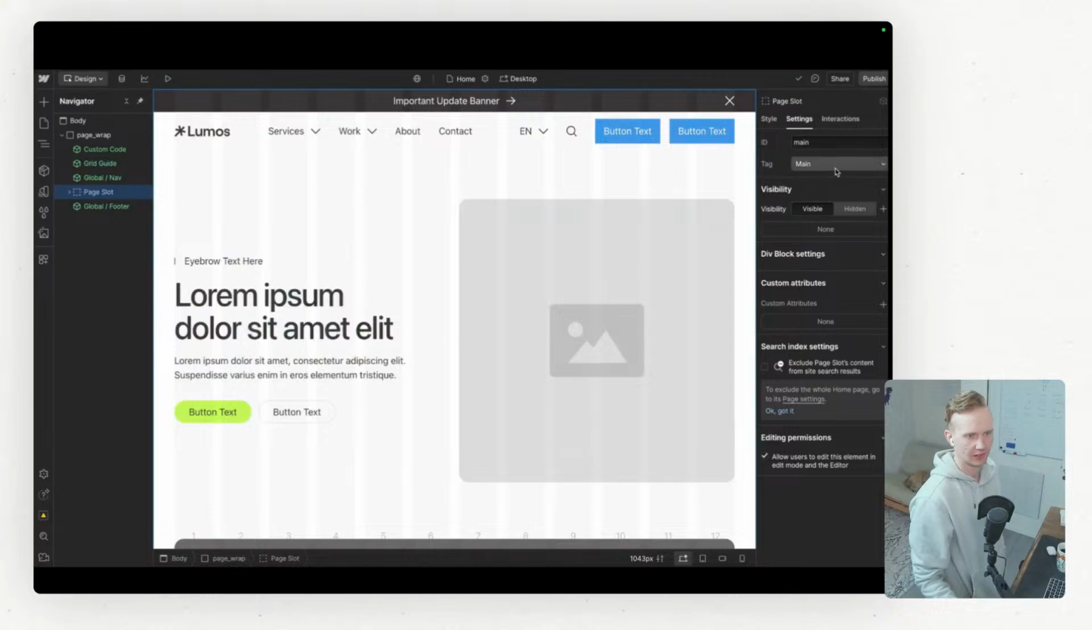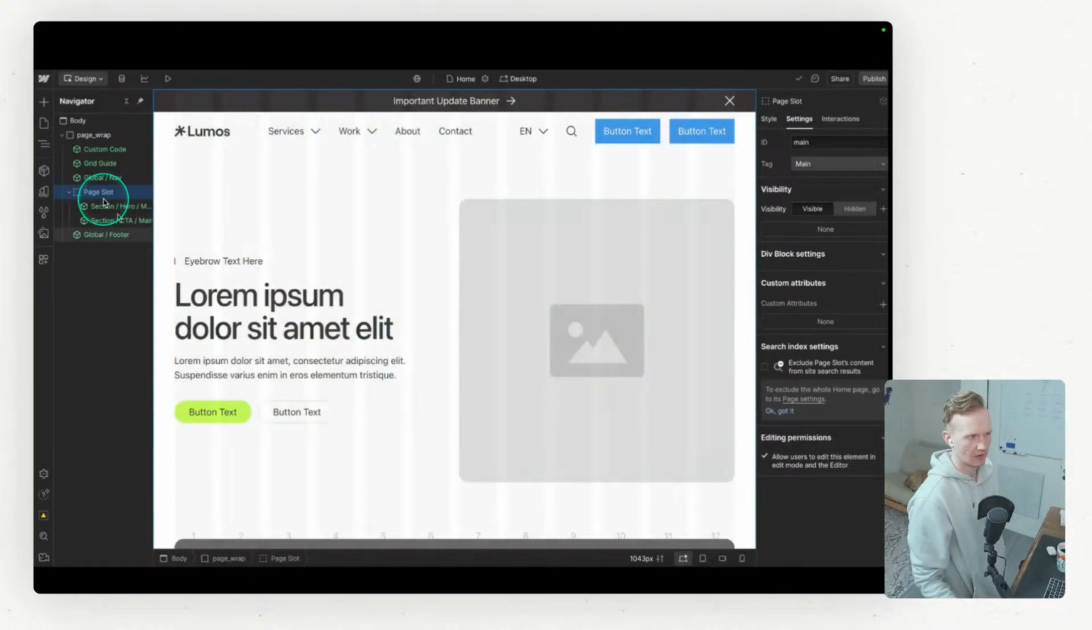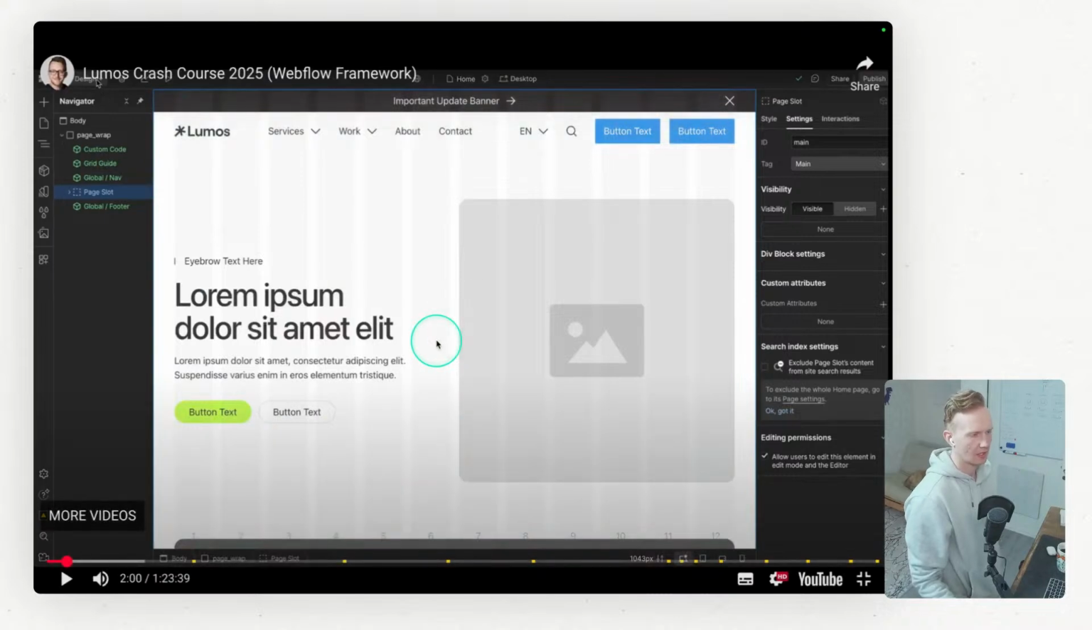This is tagged as main for SEO and screen readers. It has an ID of main, so we can anchor down to it if needed. And it has all of the sections used on our page. Now, we use a page slot, which is quite a new feature,